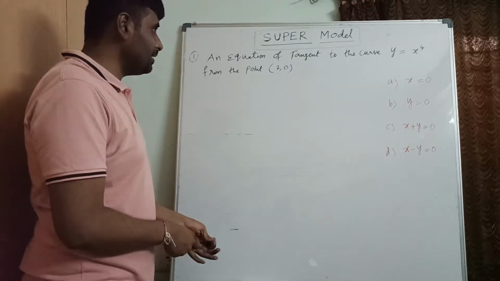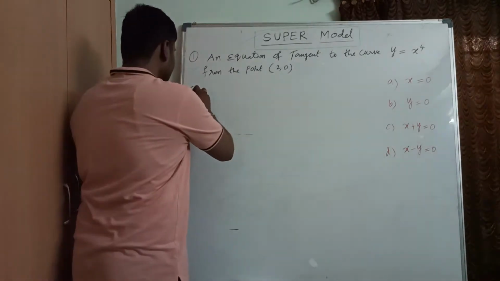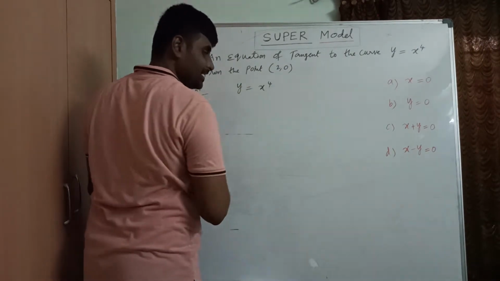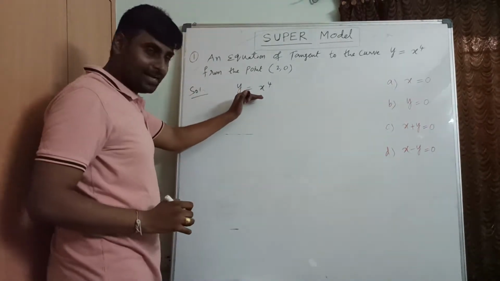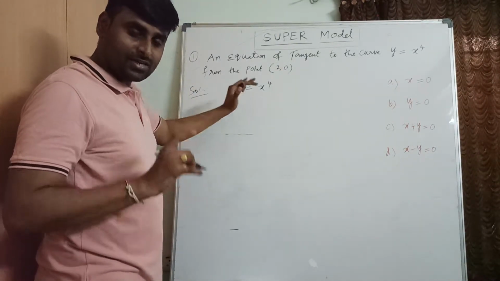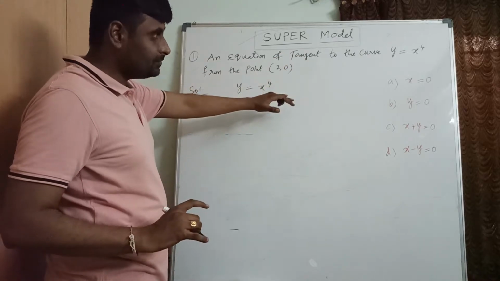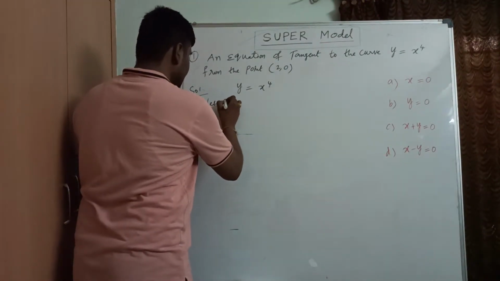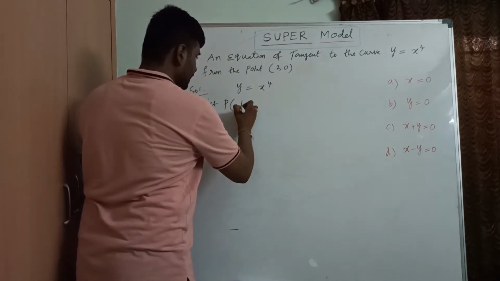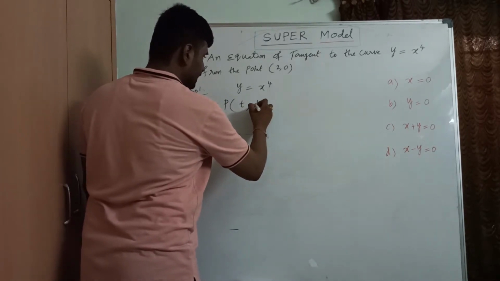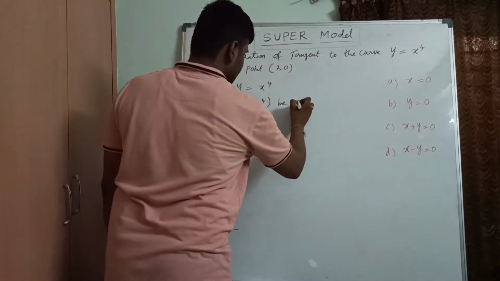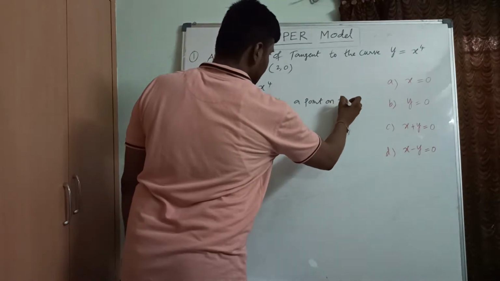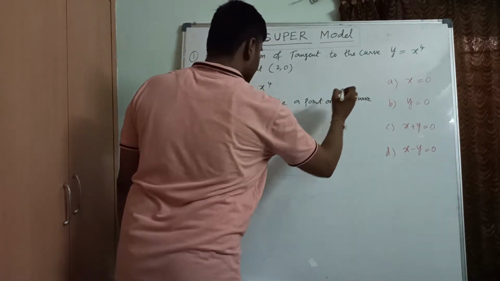Correct? So now first of all, let us derive this one. So y equals x power 4. How can I take a general point on this? First, after taking the curve, take a general point on it. If you take the x value as t, then the y value will be t power 4. Let P(t, t power 4) be a point on the curve. I am writing each and every step for your convenience.